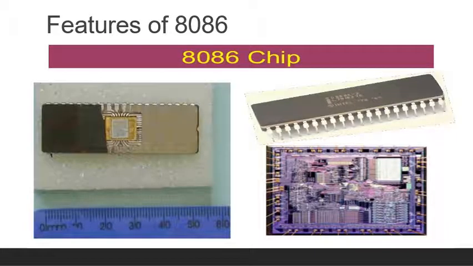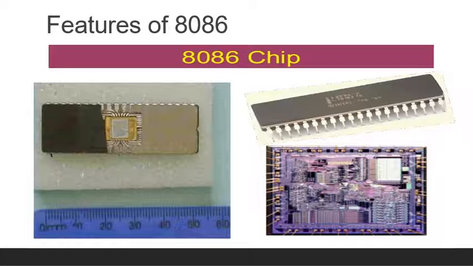The most prominent features of the 8086 microprocessor are as follows. It has an instruction queue which is capable of storing 6 instruction bytes from the memory, resulting in faster processing. It was the first 16-bit processor having a 16-bit ALU, 16-bit registers, internal data bus and 16-bit external data bus, resulting in faster processing. It is available in 3 versions based on the frequency of operation.